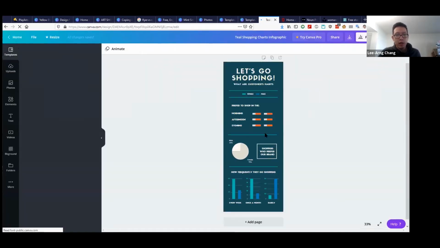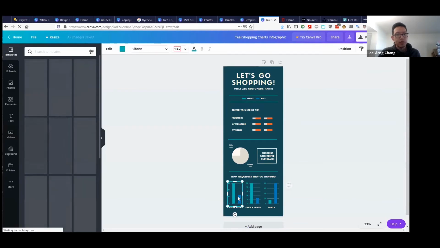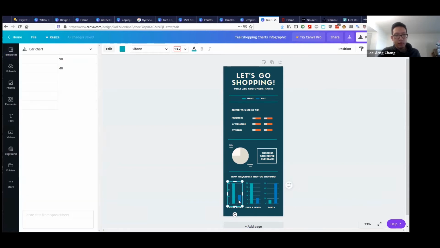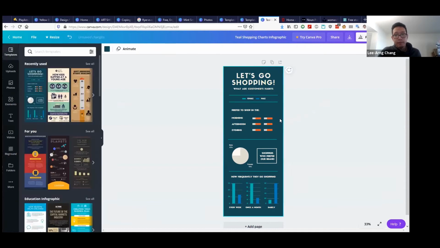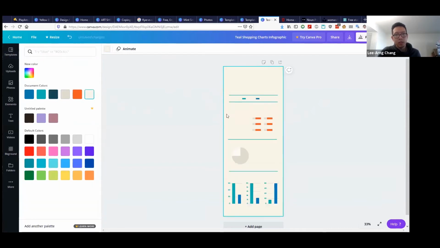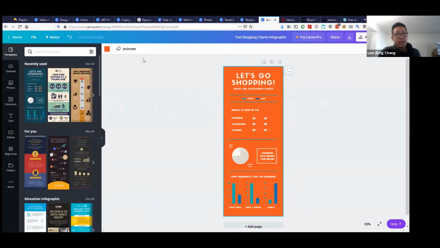And if we want to go in and change things, we're going to have to do it manually with some of these more simplistic bar graphs. So if we double click this, left click it, we can manually change these very simple infographics. And all these colors, I'm just clicking on this big rectangle. I can change this to a different color if I want to. I can even do some animations as well.